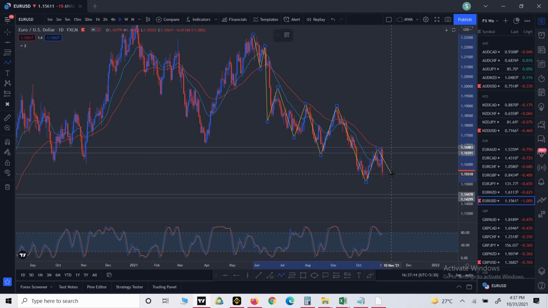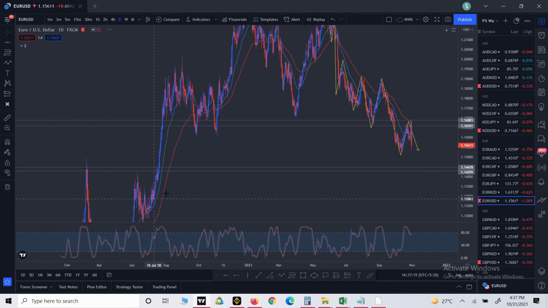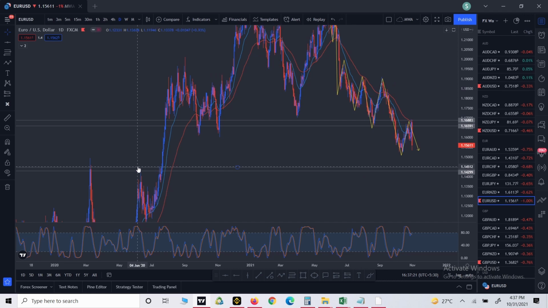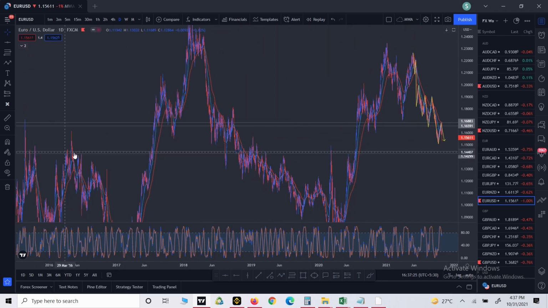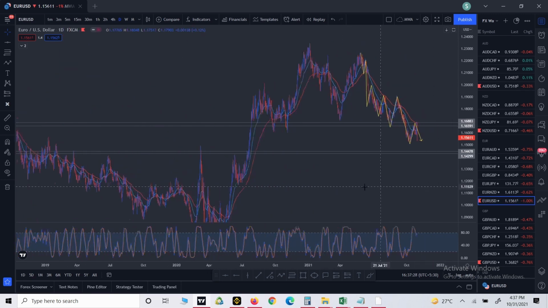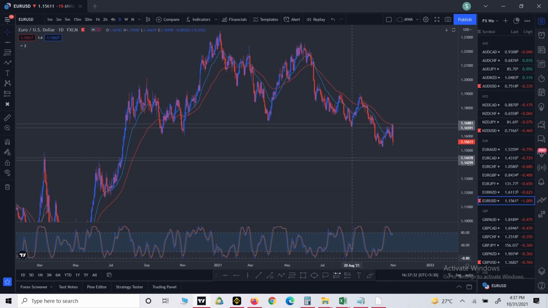So if we talk about the possible trading setup, then if the price retests this zone, as we can see, this is a zone which has been retested a couple of times in the past, so it's going to be a strong support zone. If the price hits this strong support zone, then we can expect some kind of bounce in this strong support zone, and accordingly we can go to lower time frames H4, H1, minute 15, look for some kind of